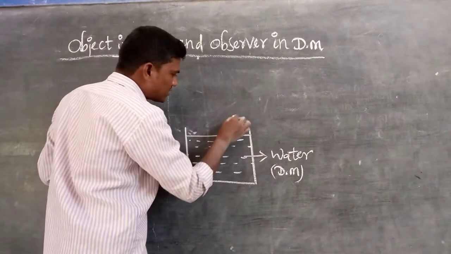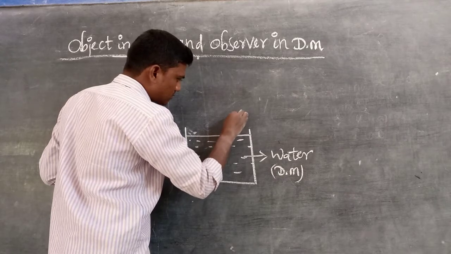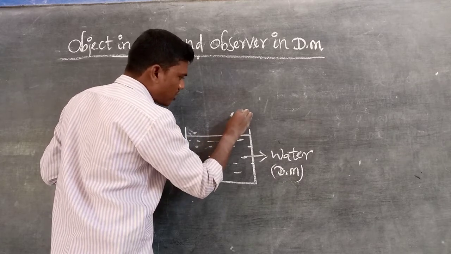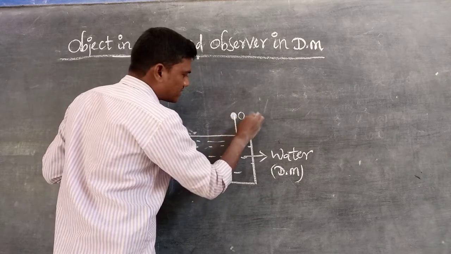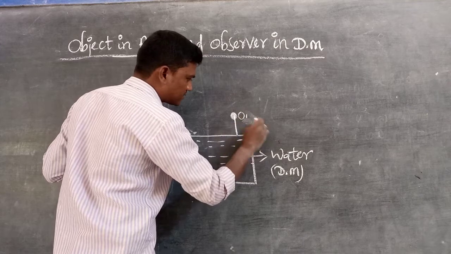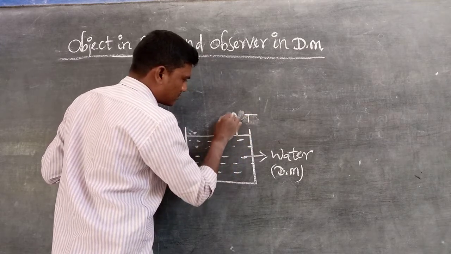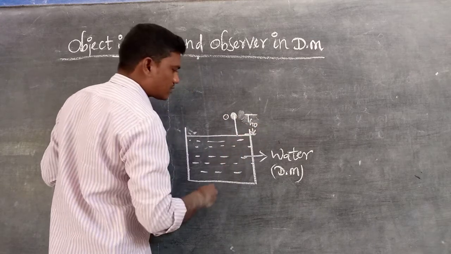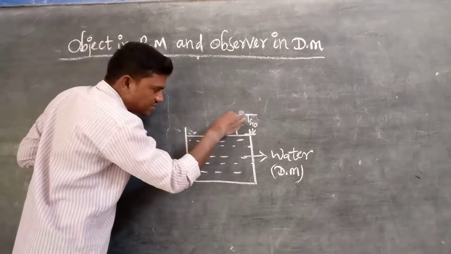Here we consider one object. Nothing was standing on that one. So this is the position of the object O. This height is h0. Now from this object we consider